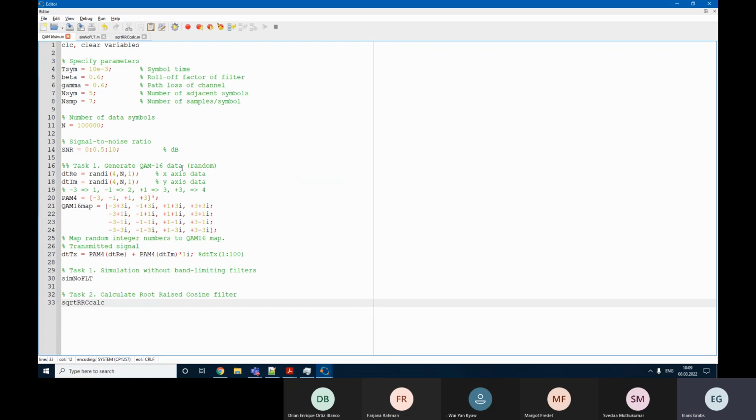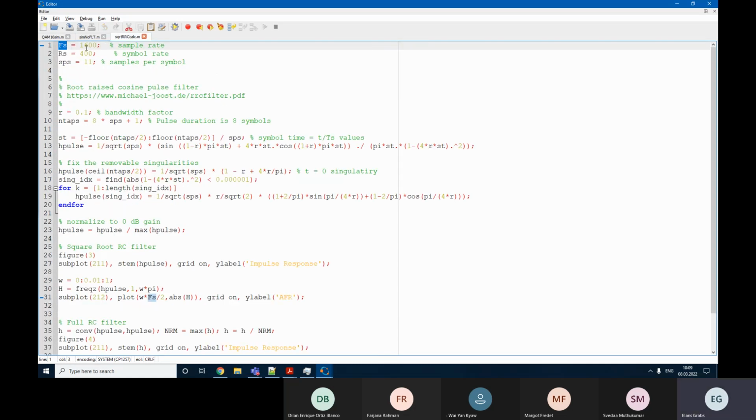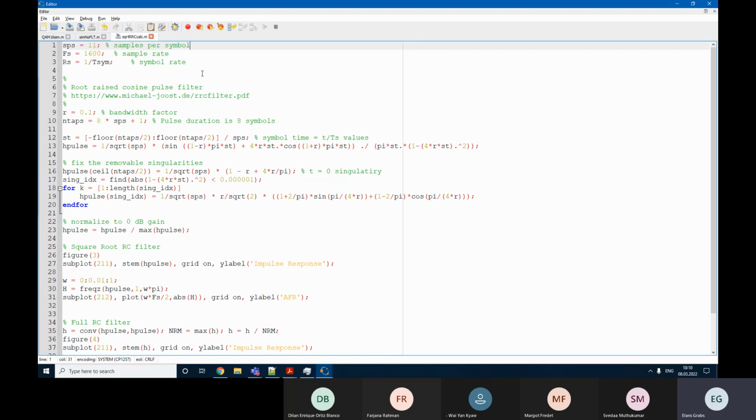We don't need to really specify it in there. And symbol rate is going to be 1 divided by t symbol. Then samples per symbol is actually going to be here. Well, it's not really necessary. Let's see what was the original